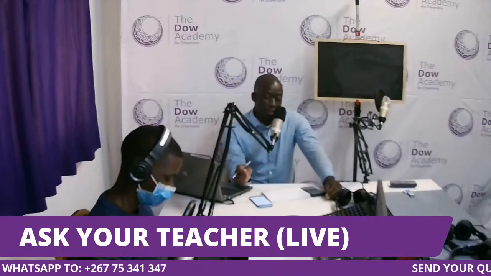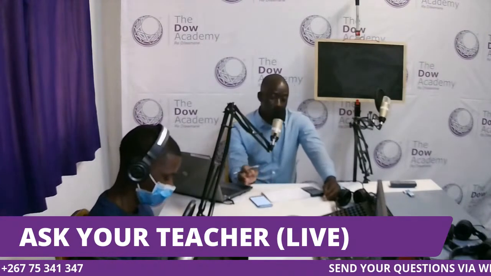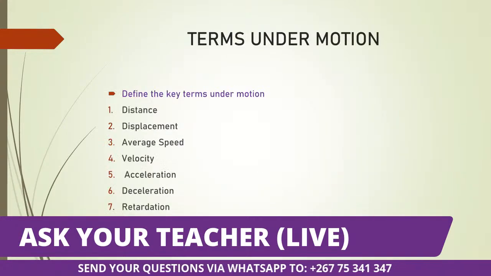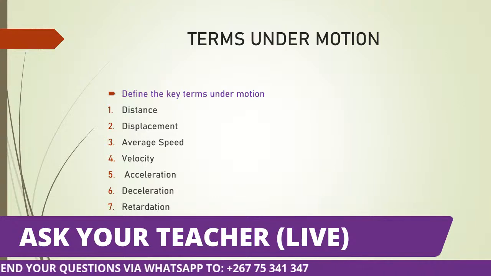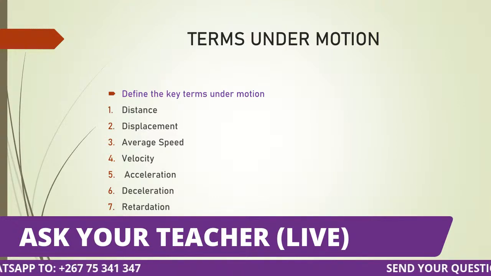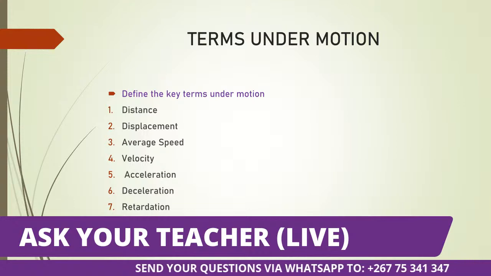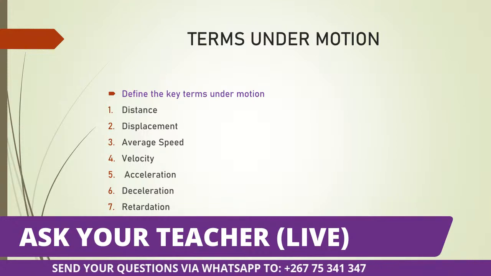Motion, we are saying you'll be required to do definition of terms, and the common terms which you'll be required to define there include acceleration, velocity, deceleration, distance, speed. The common terms that we use: acceleration, the rate of change of velocity or change of velocity per